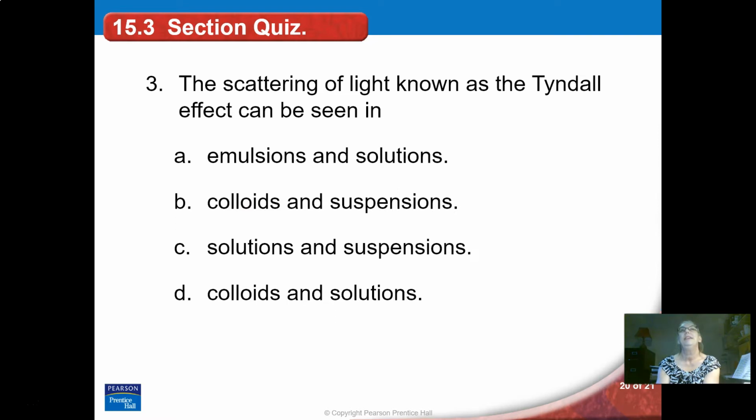Tyndall effect can be seen in what two things? Alright, here you go. So colloids and suspensions show that light scattering, that you can see the beam of the light. So I hope you learned a little bit about different types of heterogeneous mixtures,